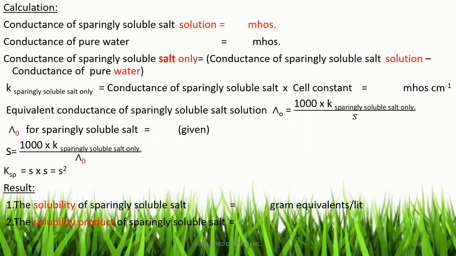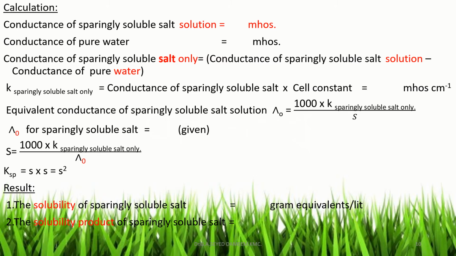From that, the conductance of the sparingly soluble salt only is calculated by simply subtracting the conductance of pure water from the conductance of the sparingly soluble salt solution. That gives the conductance of the sparingly soluble salt. From that, specific conductance is calculated by simply multiplying with the cell constant, and from the specific conductance, the solubility is calculated by the formula S is equal to 1000 into K, that is the specific conductance of the sparingly soluble salt only,